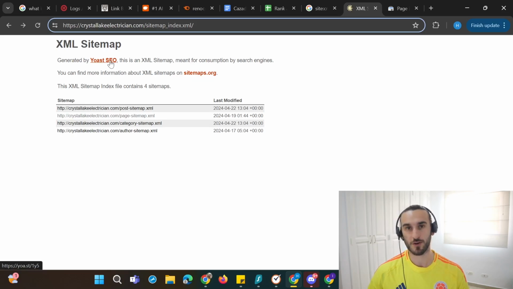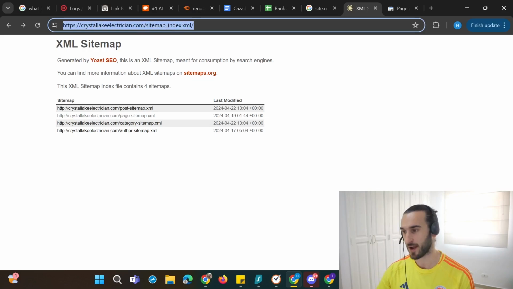And one thing to know is if you're using a content management system like WordPress, Wix, something like that, those are usually going to generate an XML sitemap for you, fortunately. So yeah, I, of course, am using WordPress, and this is my XML sitemap. So now all I have to do is take my XML sitemap